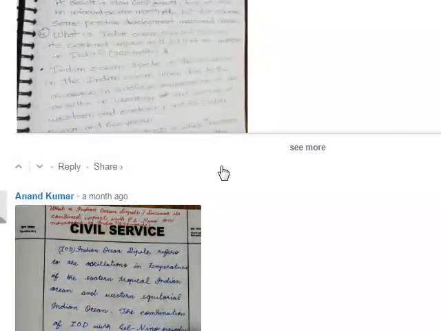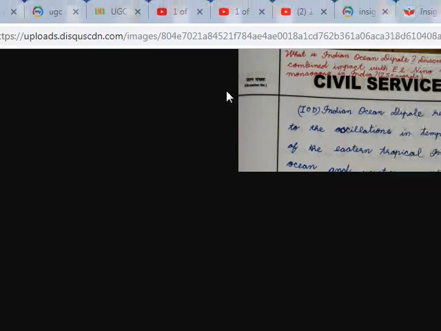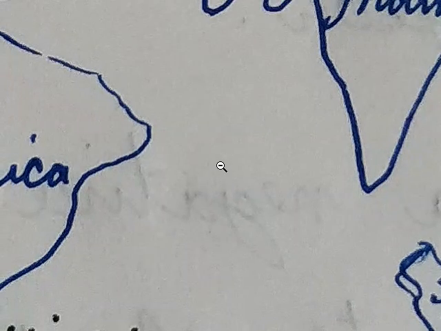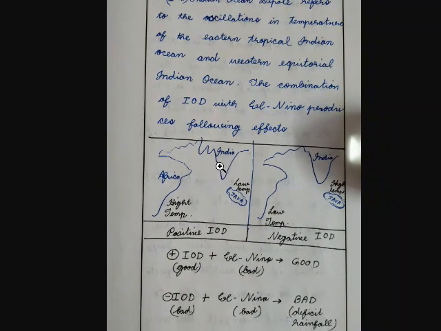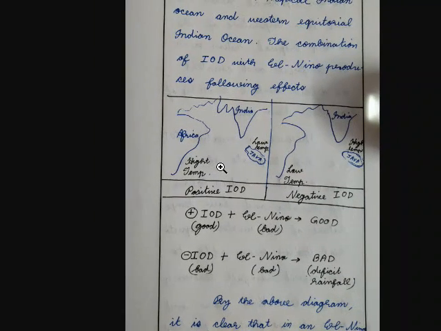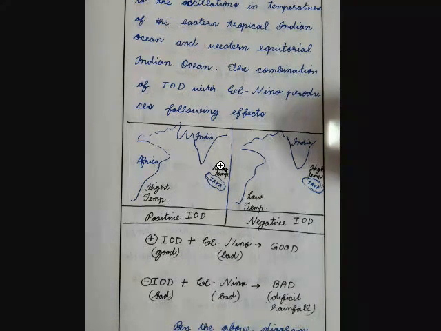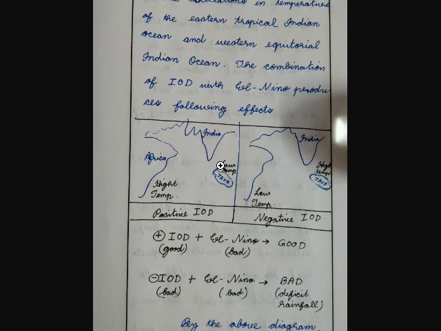Here is a small diagram given. See, it's the image. It is mainly India here, and here Africa, with higher temperature on the African side and lower temperature in the eastern Indian Ocean. So, positive Indian Ocean Dipole. With El Nino, which is bad,